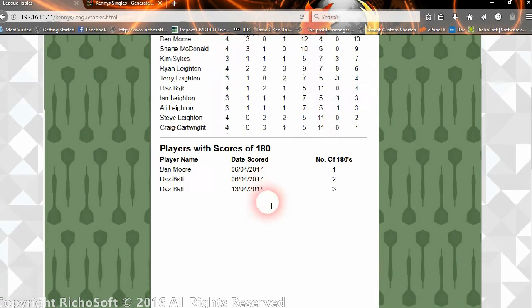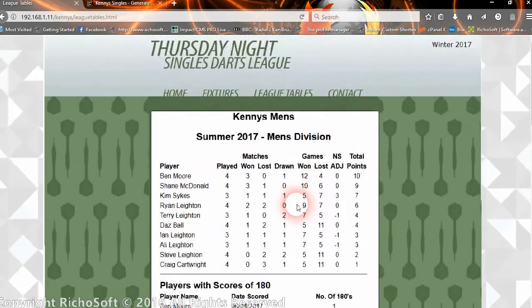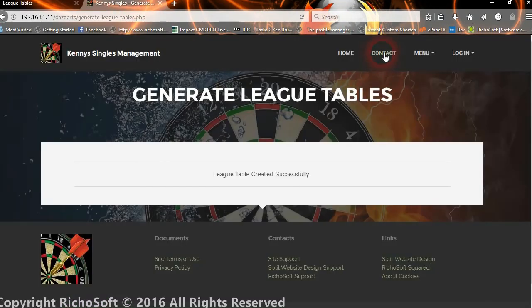Then underneath that you'll get a list of all the players that have scored 180s, the date they scored them and how many 180s they scored, as you saw when we added them earlier. So that's that. Now if we go back and create